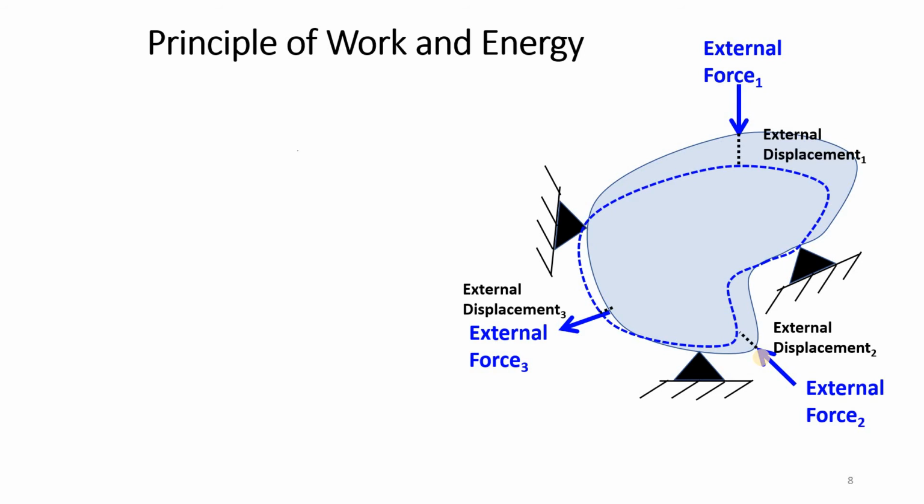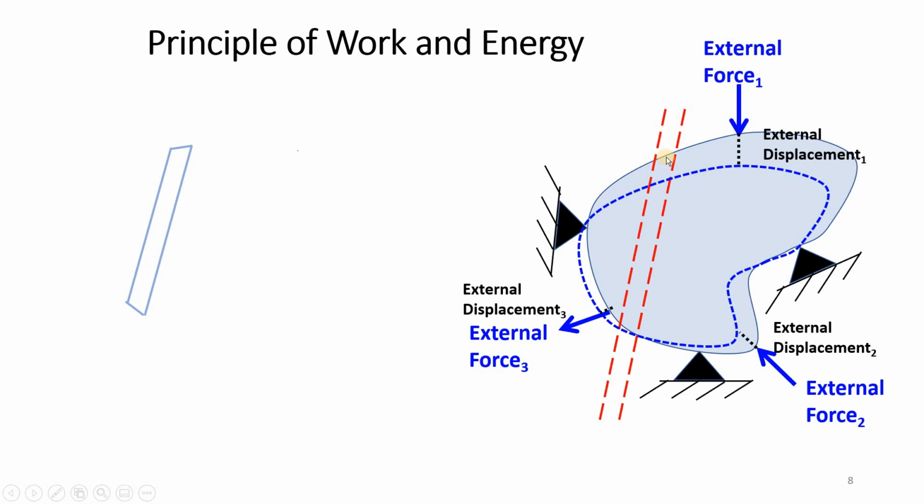Now internal forces are exposed by considering a section. So if you consider a section, and then maybe you consider another section, and you separate the element of the body bounded by these sections, you can. This is the element of the body bounded by these two red sections. This is one plane through which we have shown the cutting plane, and then there is another plane. So there will be two internal forces acting. There will be internal forces on this plane as well as on the other plane.